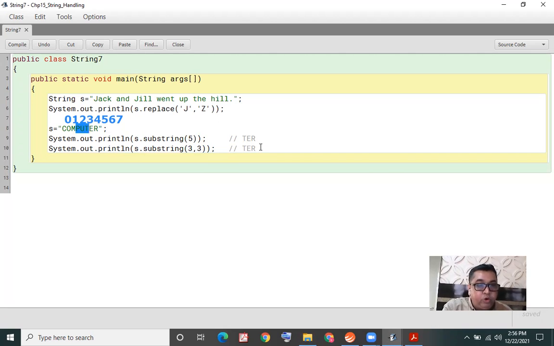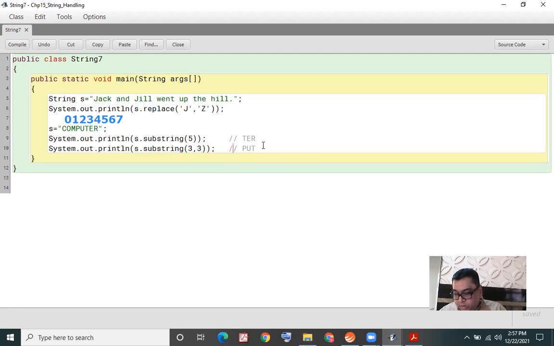So what is the output we're going to get? PUT. From position 3, 3 characters I said. I did not say all characters. So the output would be PUT.